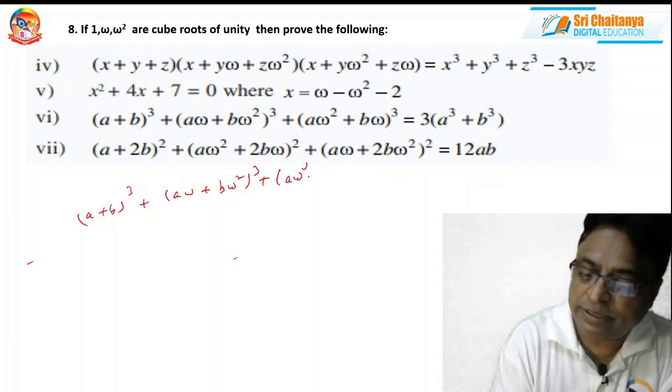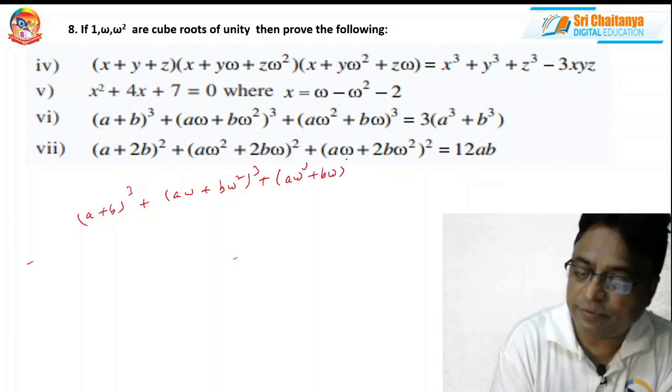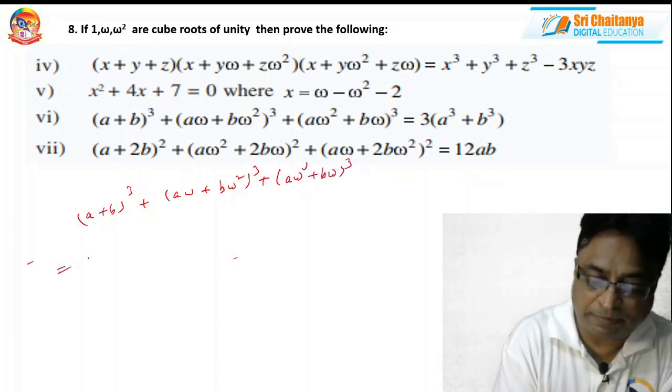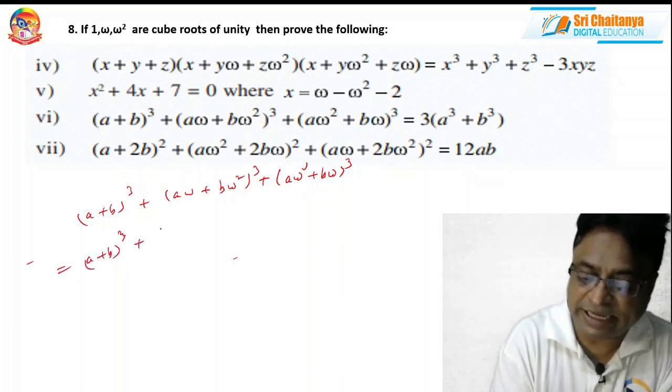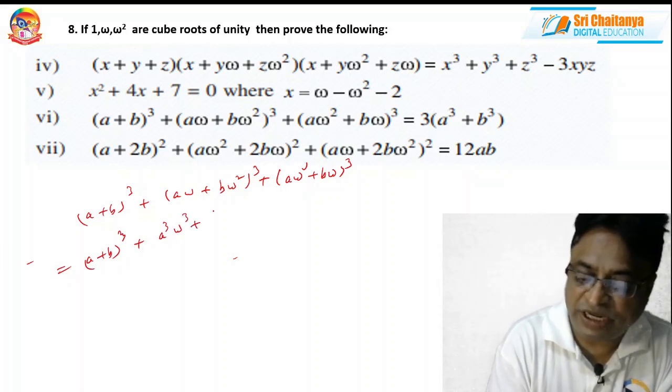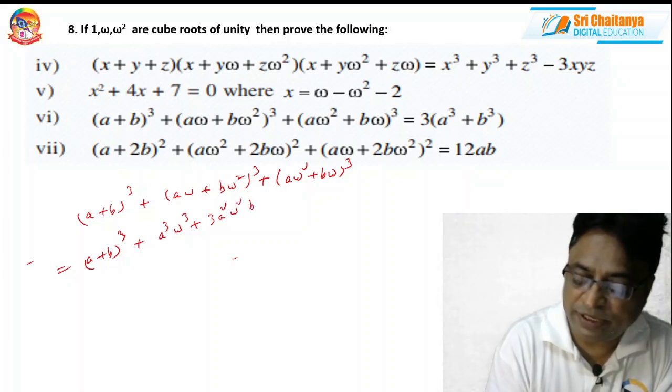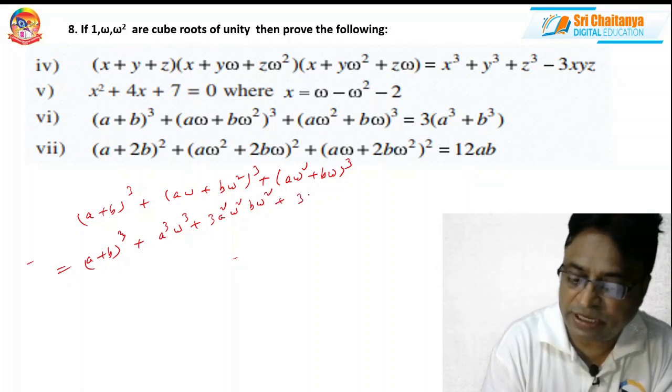a omega square plus b omega whole cube. So this is a plus b whole cube. You keep it this side, and this is a cube plus 3a square b, that is b omega square, plus 3ab square,